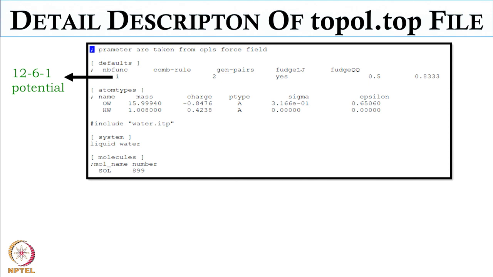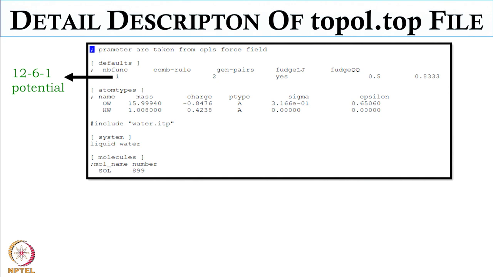Now you should notice that the charge on oxygen is minus 0.8476, so for each hydrogen it is half of that, because the sum of the 2 hydrogen charges should be equal to the oxygen charge, so that the molecule is neutral overall. What is the next line then? Include water.itp. In water.itp we will have the bond length, since in case of water there are 2 bonds. We'll have to provide the bond length, bond force constant, bond angle, the bond angle force constant, and any exclusion, like any interaction you want to exclude from your simulation. All these are to be provided in the water.itp file.